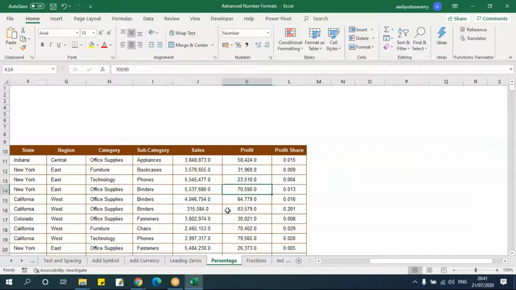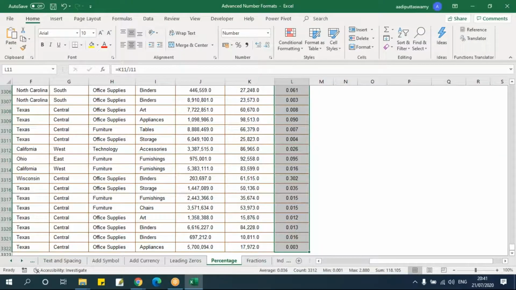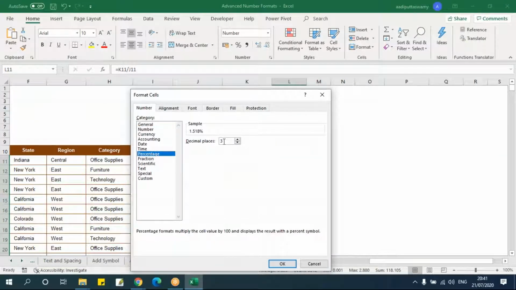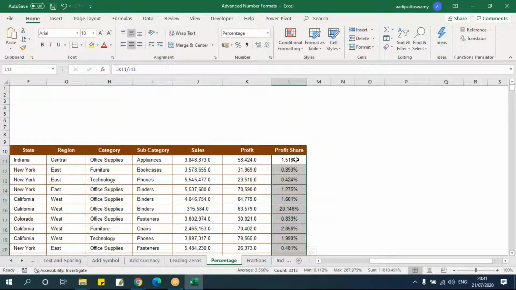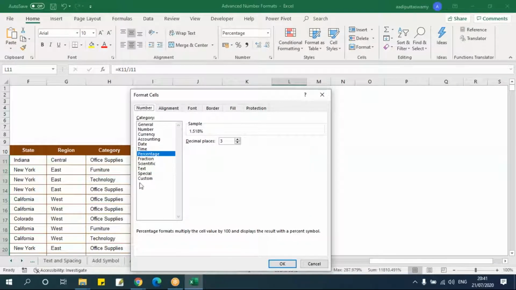Next one, percentage. When I put the percentage symbol, what it will do is multiply by 100 and give me the percentage. But now if you go here, I don't have a negative or positive value here, meaning the format to be changed.